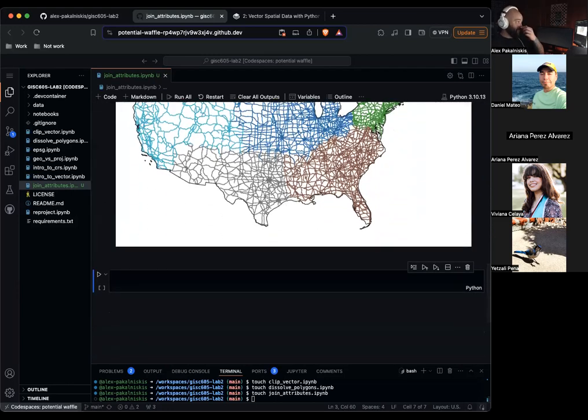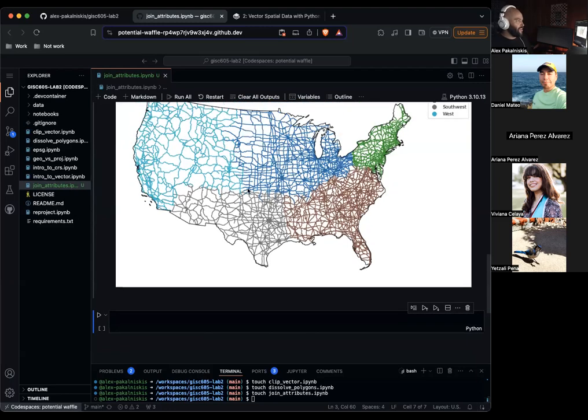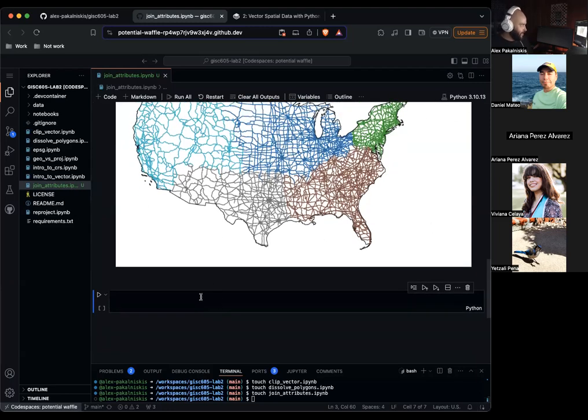However, let's calculate how much road length is in each region real quickly. So we'll do pd.options.display.float_format equals, and we want 4 decimal points of precision.